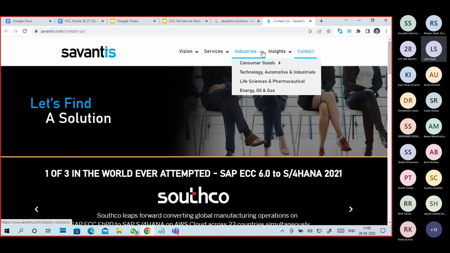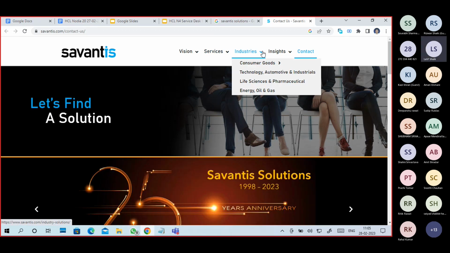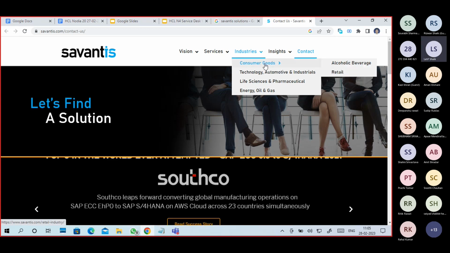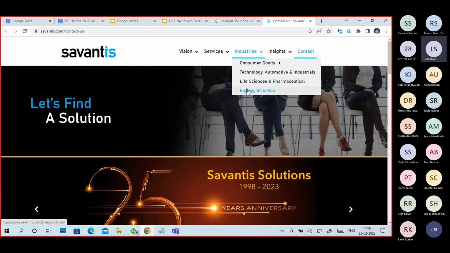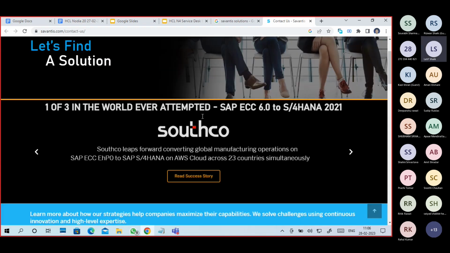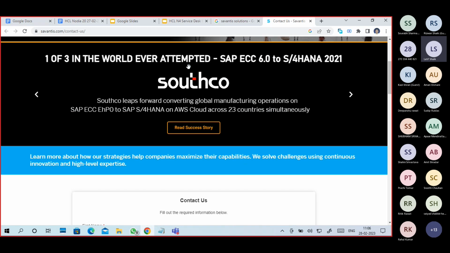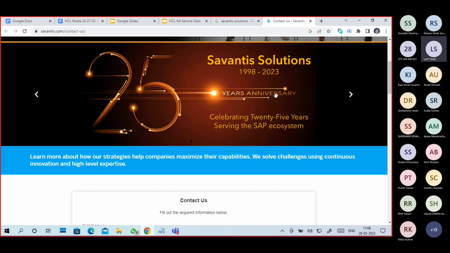What type of industries does it support? What type of organizations is it providing services to? Consumer goods, technology, automotive industry, life sciences and pharmaceuticals, energy, oil and gas. So different clients are there.